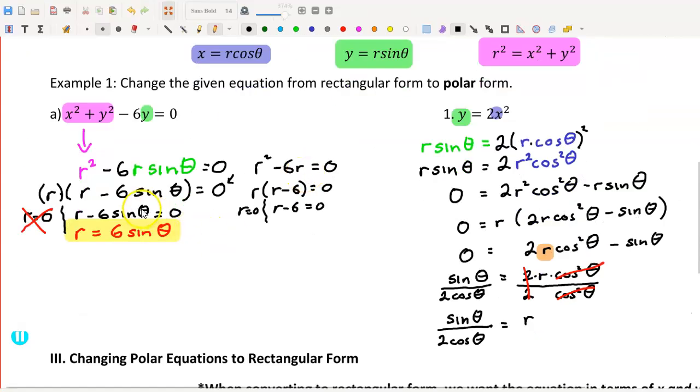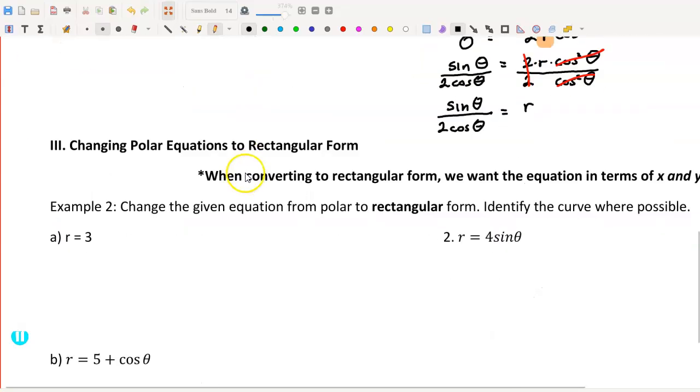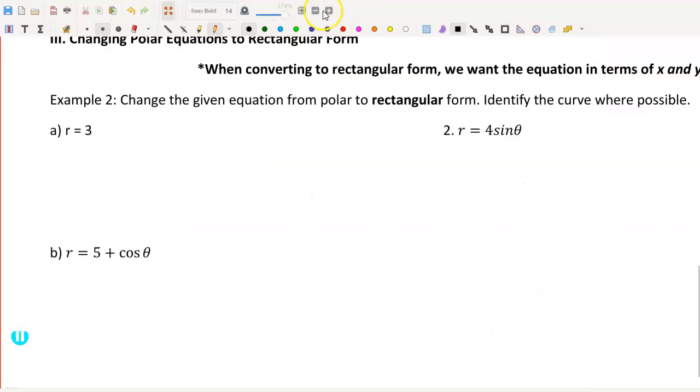You know, since we factored out an r and it disappeared, we're going to use a technique that actually puts an r back in there, because that will lead us to get an r squared, which will let us substitute in x squared plus y squared. So if we don't have an r squared, we want to do something to get an r squared. And there's several ways of doing that. So for instance, right here,